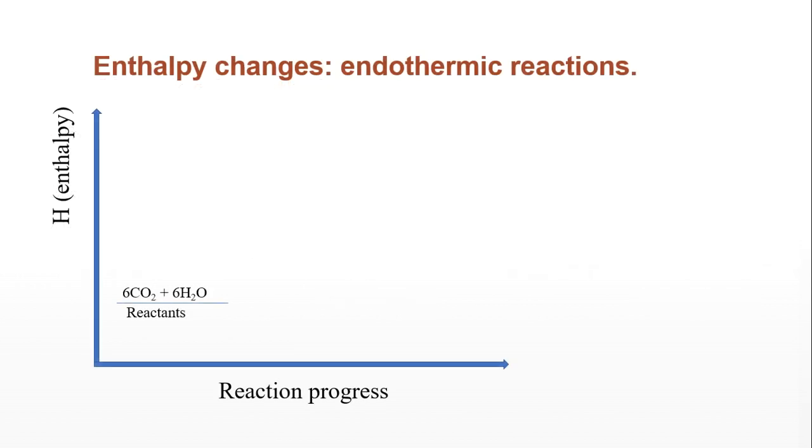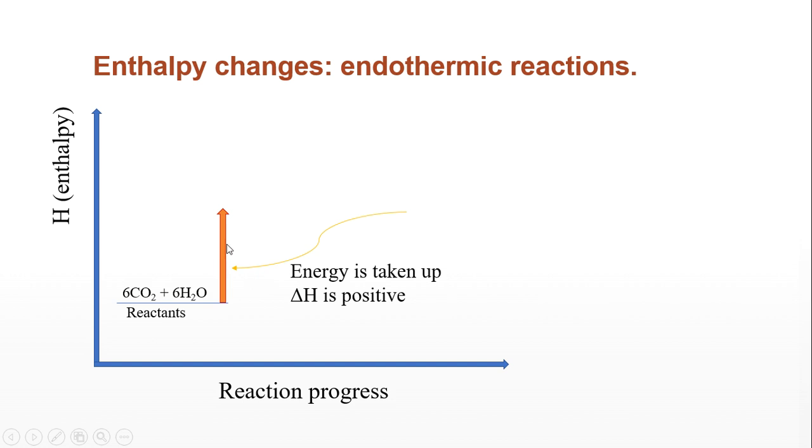If we want to illustrate this concept, we can write an enthalpy diagram like this. On the y-axis, we have enthalpy, and on the x-axis, we have the reaction progress, so essentially time. Reactants, we can write them at a certain value. We don't have a value for this, but this is just to illustrate the concept, right? So we don't know this, but we know that when these are combined,